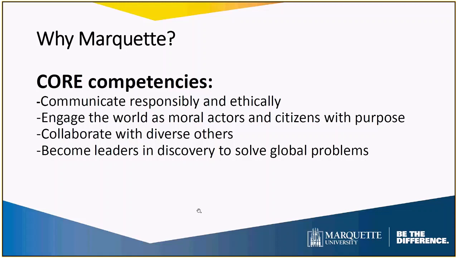Starting with the class of 2018, Marquette introduced what's called the core curriculum that all students experience. The courses within that core curriculum are designed by nature to be cross-disciplinary and to build essential life skills and really create well-rounded students. Some of the key learning outcomes and core competencies of this curriculum are here on the screen.